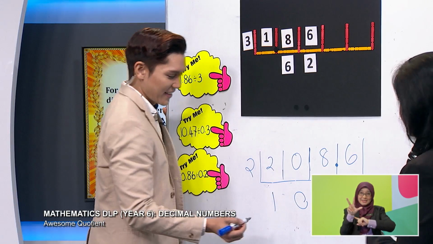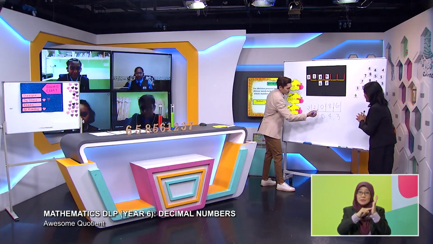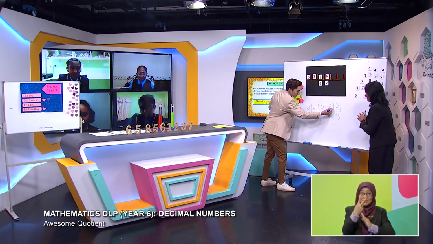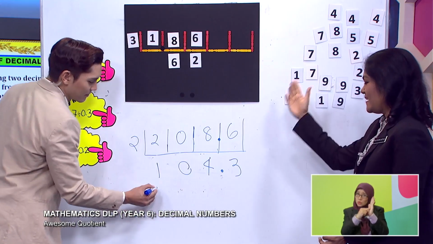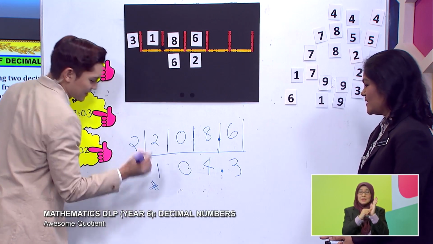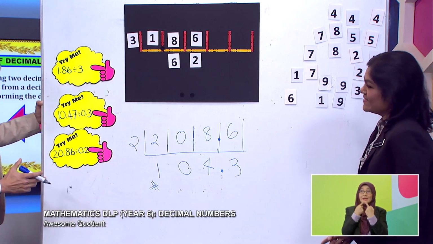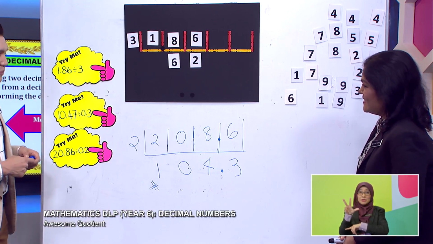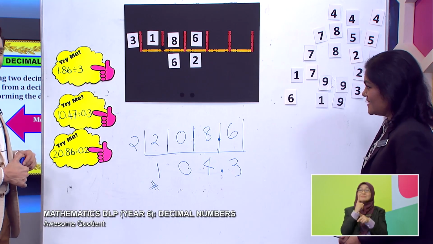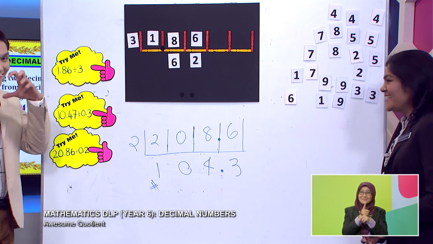Okay, where you must place the decimal point now, because we started here also with 1 decimal point. Just drop it, bring it down, align it straight. So my answer is 104.3. As easy as that, right? Is this right, Teacher Carla? Yes, it is right. So I get a heart as well.